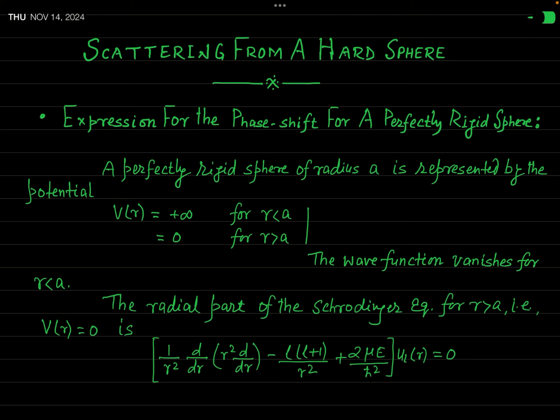First of all, we will see the expression for the phase shift for a perfectly hard sphere or rigid sphere, and after that you will see how to calculate the total scattering cross section in two energy limits. In fact,